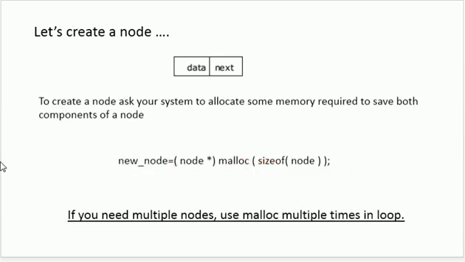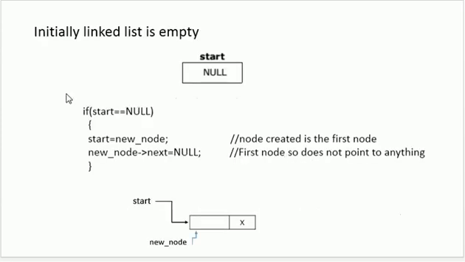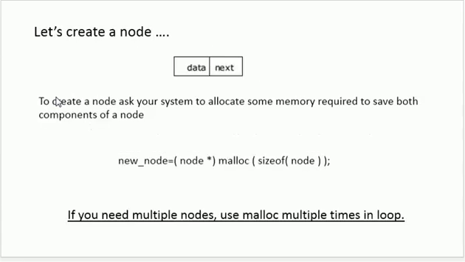Now let's create the node, because if I want to create a linked list, then I'll have to create different nodes. So if I want to create a node, this is how we are going to create a node in the C programming language. We are going to make use of the malloc method, which is associated with memory allocation. I just want to specify that I want to allocate memory. How much memory do I want to allocate? Something which is equivalent to the size of my node which I have designed.